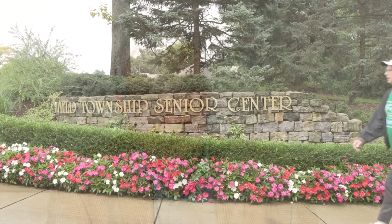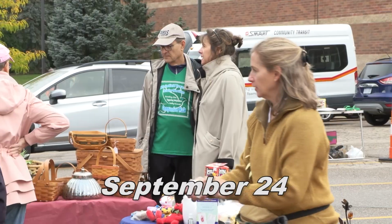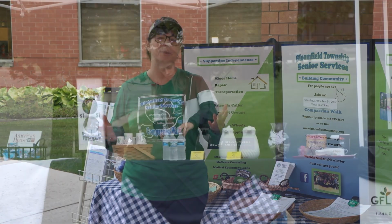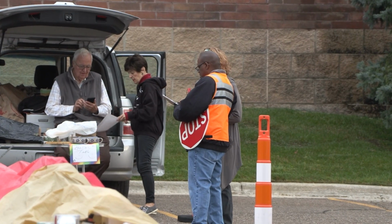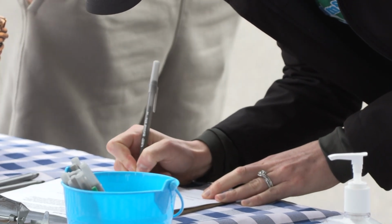Just come on down. The annual Compassion Walk brings residents together for a walk around campus, garage sale, barbecue, and a little jazz. So the Compassion Walk has grown over time. We've done this a number of years, but each year we add another element. And today we have the Compassion Walk itself, which is a 5K,